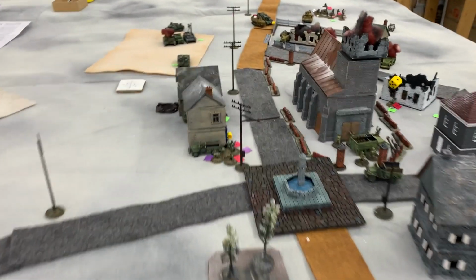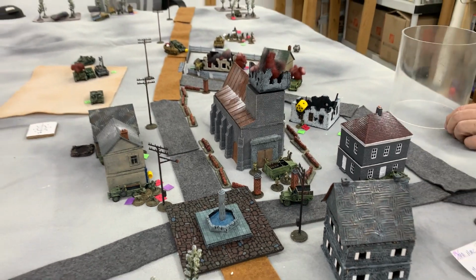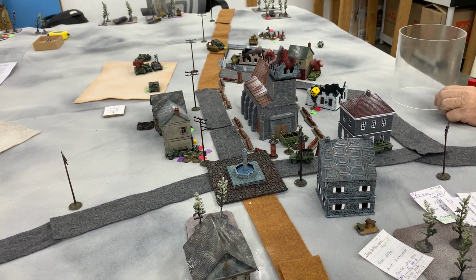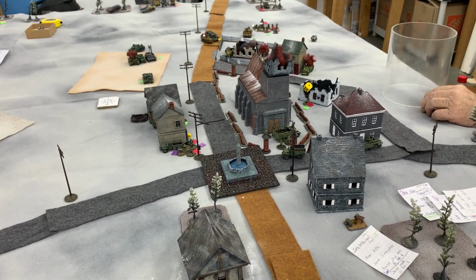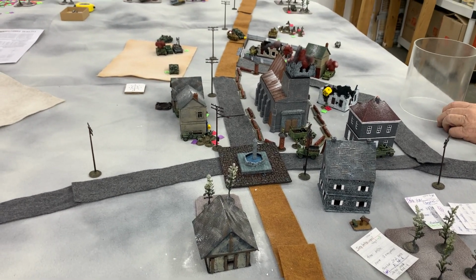However, Mark did, of course, help me out with some cross-table support, knocking out some of these M8 howitzer motor carriages I was facing here in the village. But all in all, I would still say the MVP is still on-board direct-fire howitzers. I've got that Stu 42 with a 10.5 centimeter. I've got a 15 centimeter self-propelled howitzer as well, and they have just been knocking on the walls of these big stone buildings